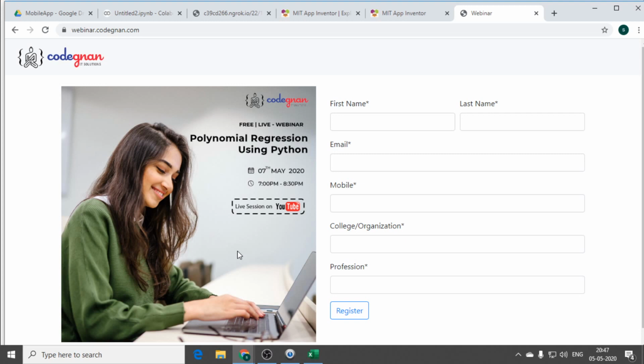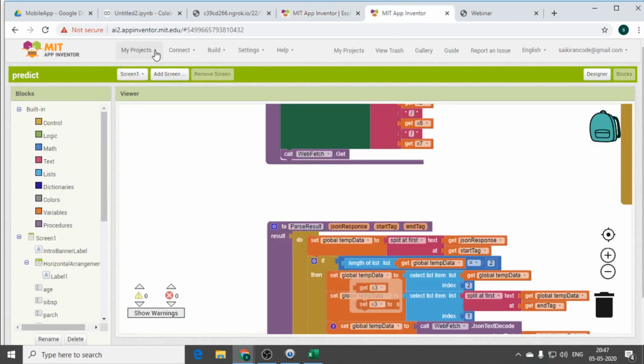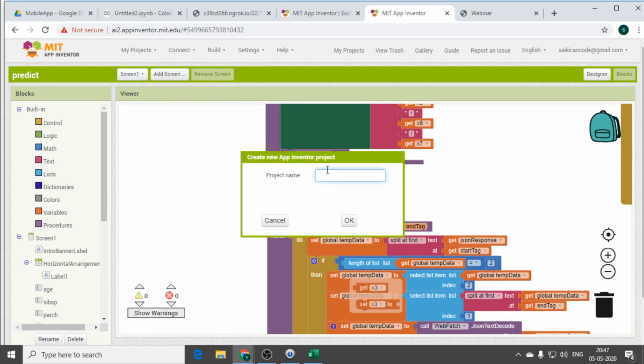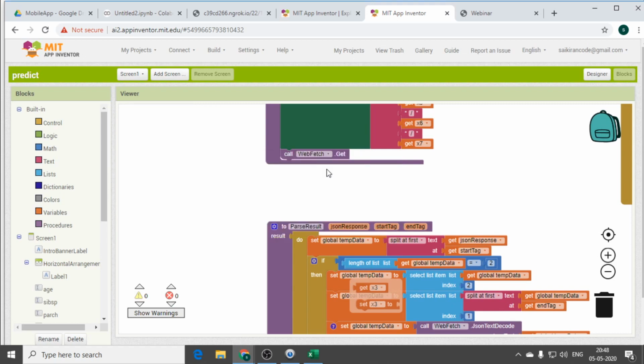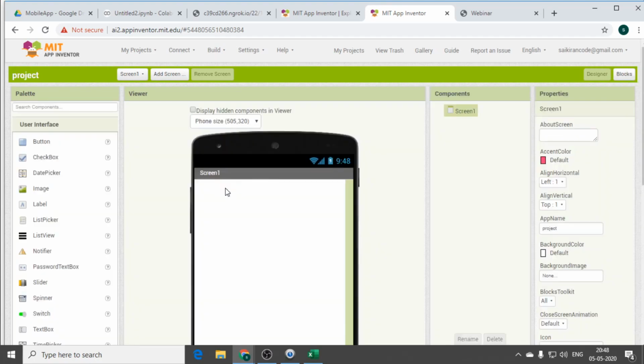So today we have learned how we can build a simple mobile application, and you can see the output in your mobile phone, and you can also make it an APK file. You can directly go to MIT App Inventor and click on Start new project. You get a new screen. When you give some project name, you'll be getting a mobile screen over there.